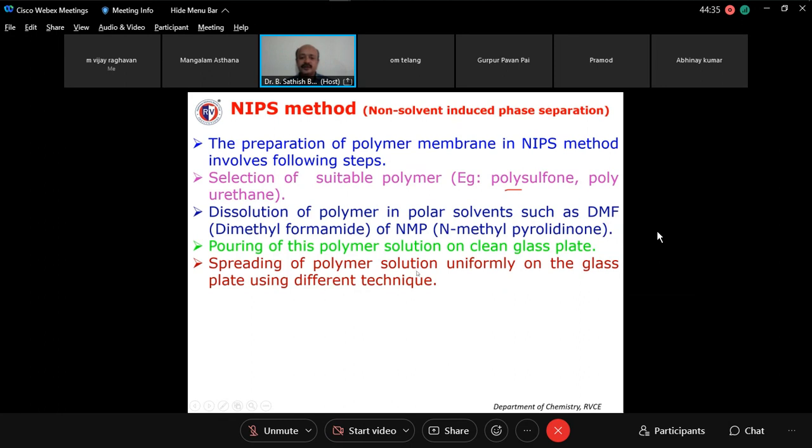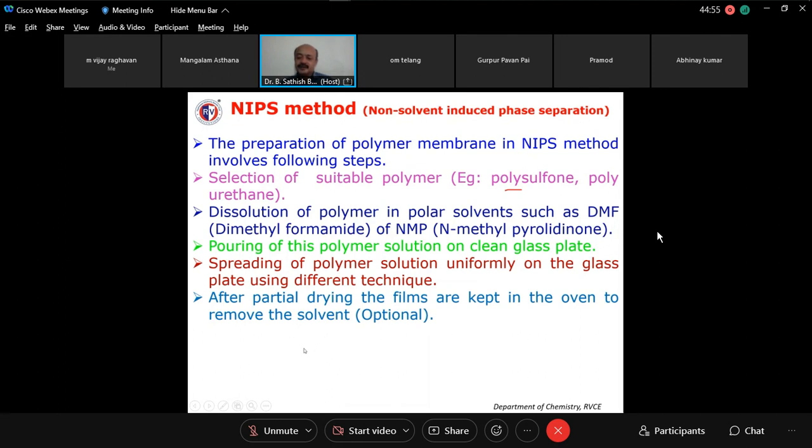Spreading of a polymer solution uniformly on the glass plate using different techniques. There are different techniques used to make the uniform surface there. Okay. Then once you make the uniform layer there, you have to dry it in the oven. Partially you have to dry. You are not supposed to dry all the solvent, right? So partially it should be half dried in the